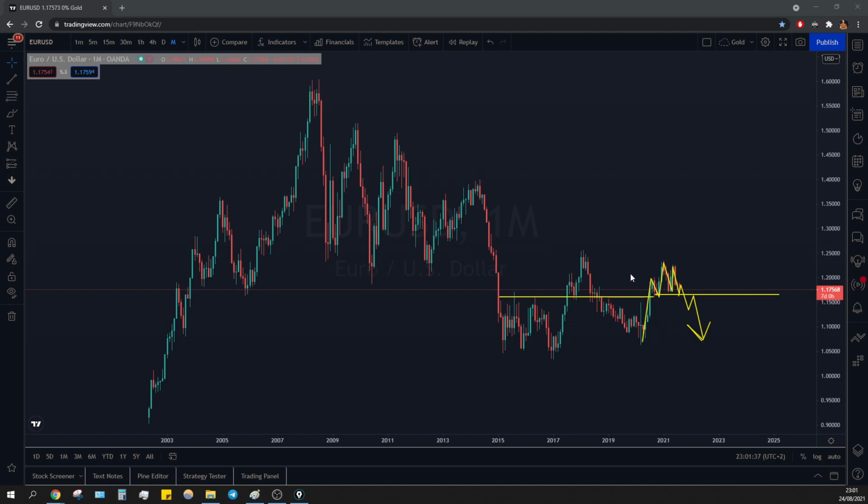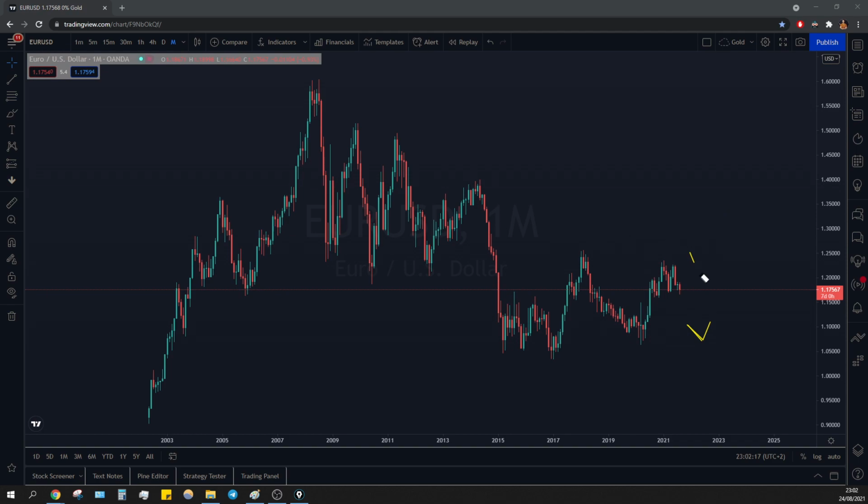from interest rate hikes, tapering talks, and all that is bearish for gold is bearish also for euro. Or maybe, if the Fed talks are delaying the interest rates and the tapering, and we see a break above these candle bodies, but mainly above these bodies, and we have a break and retest, then we can have a bullish impulsive move on the upside.